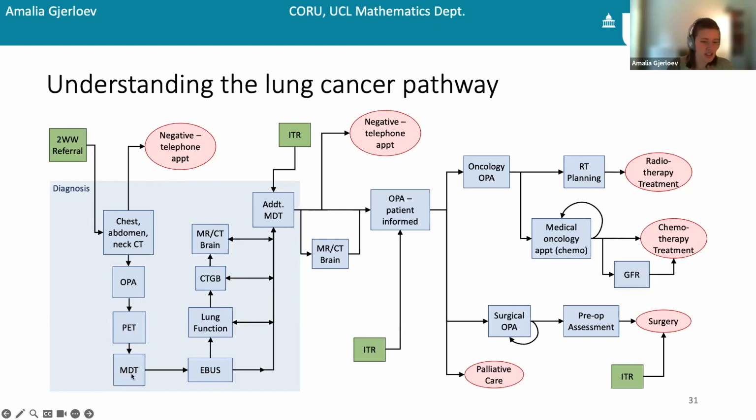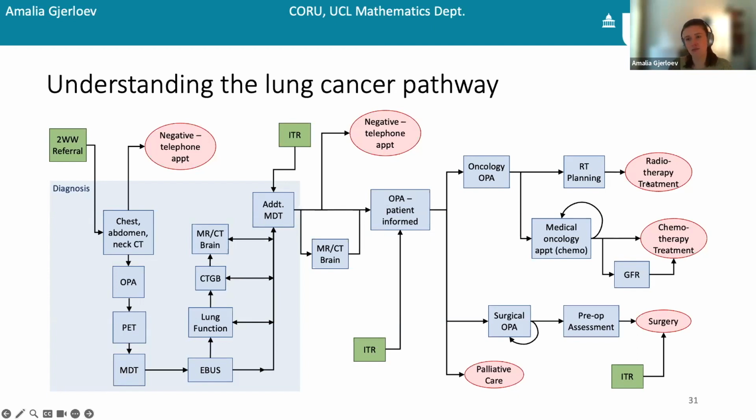Your results will be discussed at a multidisciplinary team meeting. That's what this stands for. And then you might get some other diagnostics ordered. You'll have another multidisciplinary team meeting where clinicians, experts, radiologists, nurses, and doctors will all discuss your results and decide on a diagnosis and treatment. You'll have an outpatient appointment where you're informed of your diagnosis and your treatment, and then you move on to